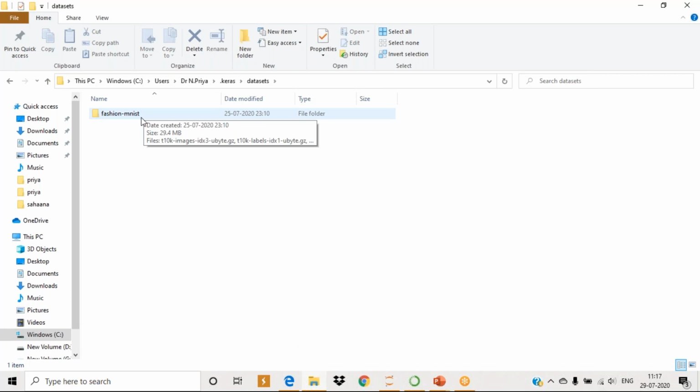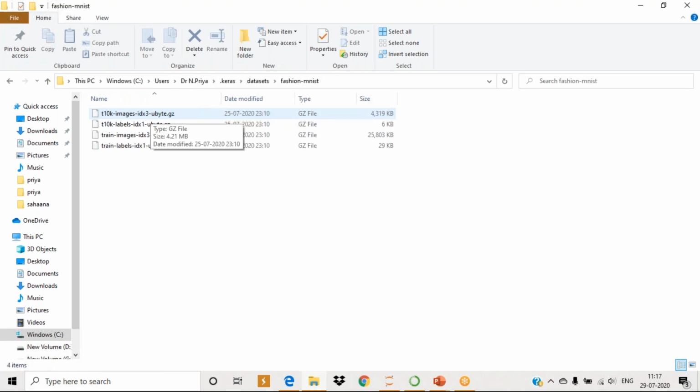But in the previous one, diabetes, it's only a single CSV file, because you have only columns, so that's enough. But images you are going to store in a different format, right? Now it comes under the 3:1 ratio. We are going to train your data in the ratio of 3:1. 3:1 ratio means 75% of images you are going to choose for training, and 25% you are going to choose for testing. So here I'm selecting 75% in one single compressed file.